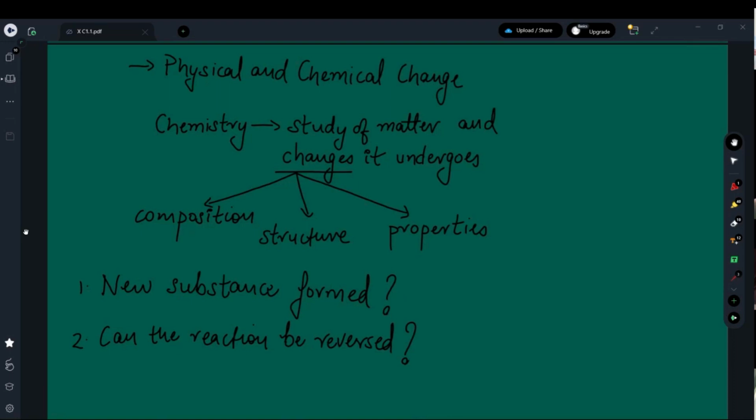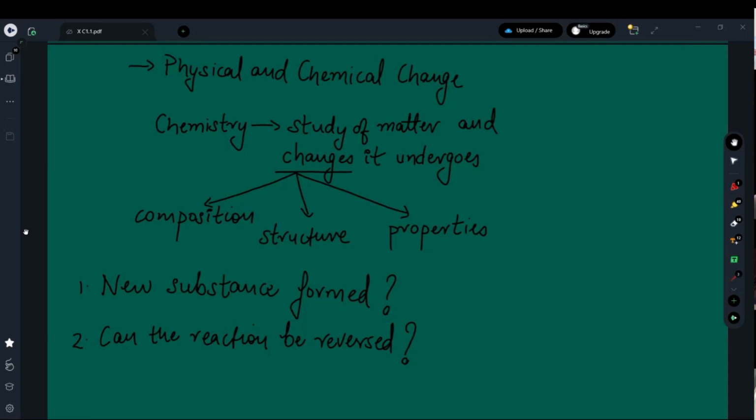It is a change, like when a new substance is being formed. Yeah, when a new substance is formed, but that is a chemical description. Can you give me an example? Anyone unsure? Can you give me an example of a physical change? When you burn paper. Is that a physical change? That's a chemical change, right?